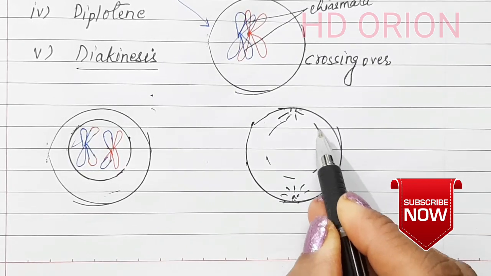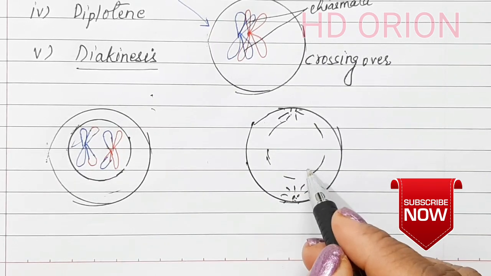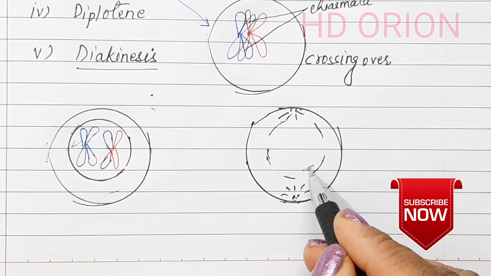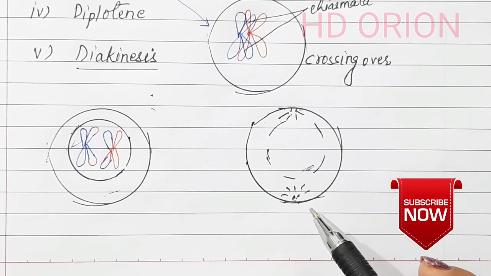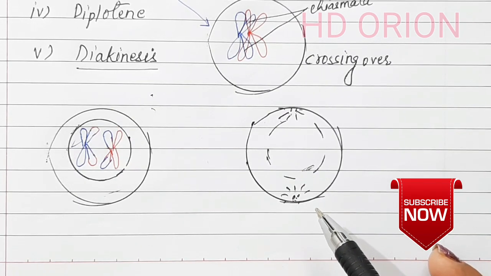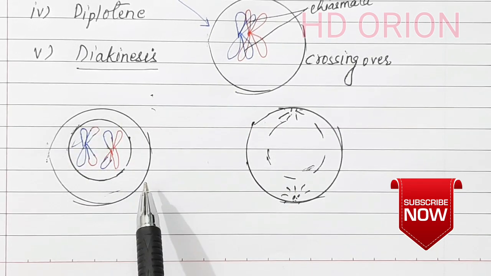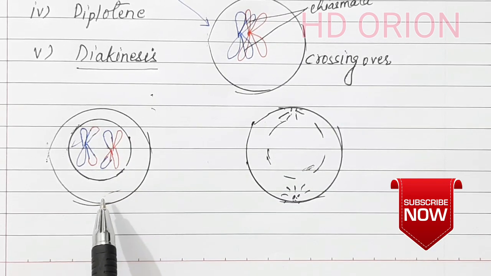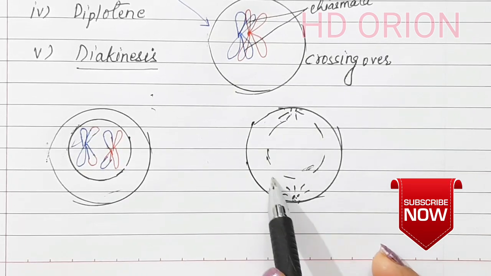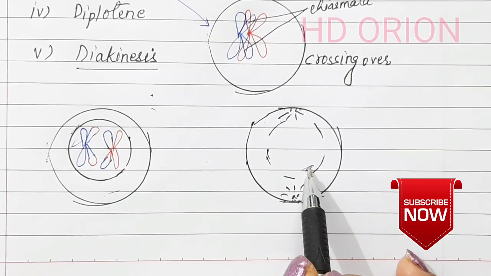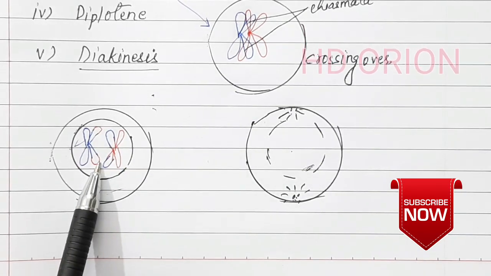We can see the disintegrated nuclear membrane. There are gaps in between because the nuclear membrane is dissolving, and the nucleolus which was present inside also becomes hazy. In the first three figures that I had explained, leptotene, zygotene and pachytene, I only showed the nucleus, but in the last two, that is diplotene and diakinesis, I have shown the entire figure of the cell showing the nucleus as well as the cytoplasm to show that the aster formation has taken place and the nuclear membrane is disintegrating and the nucleolus has become hazy. No such change will take place in the chromosome. It will be as such, which is seen in the diplotene.